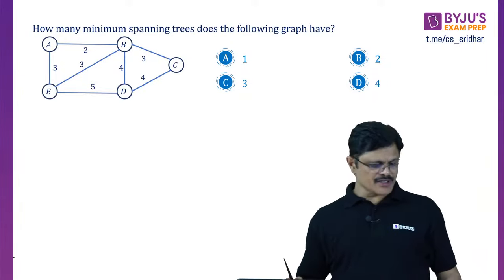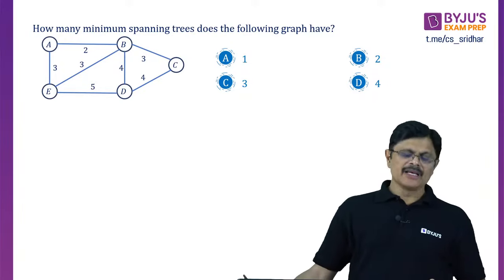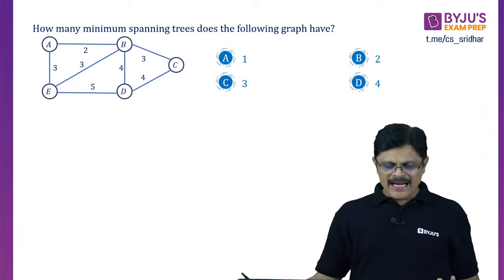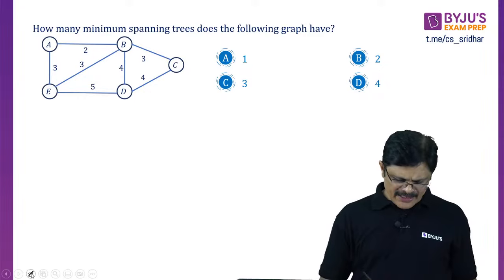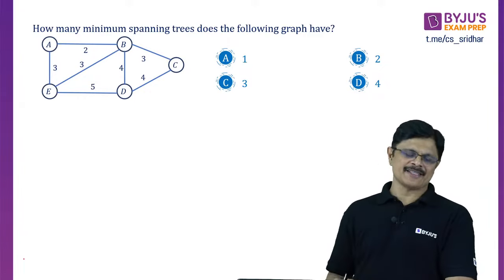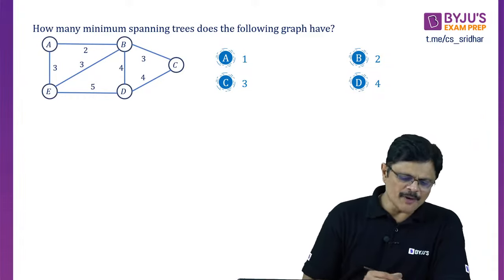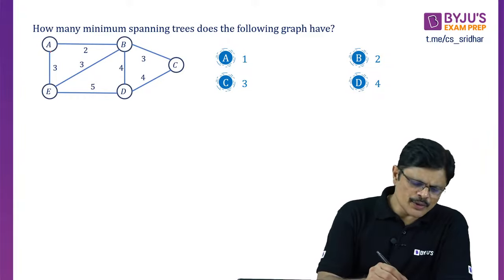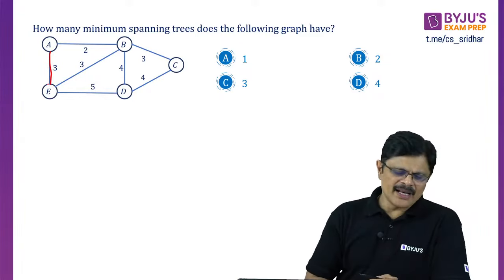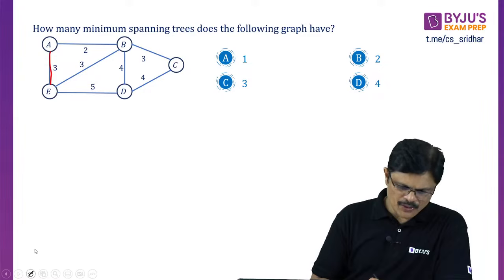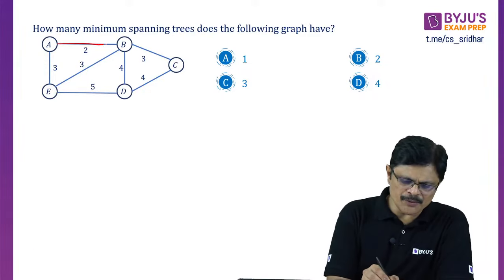So what? 5 vertices, 4 edges, what does it mean? See, my dear friends, you try to identify the cycles, and first of all let us create a minimal spanning tree for this. If you observe, for a minimal spanning tree you can use Kruskal's algorithm. The least value is 3. So we can select 1, 3. Next least value is, 2 is the least value. Okay. 2 is the least value. First select 2.